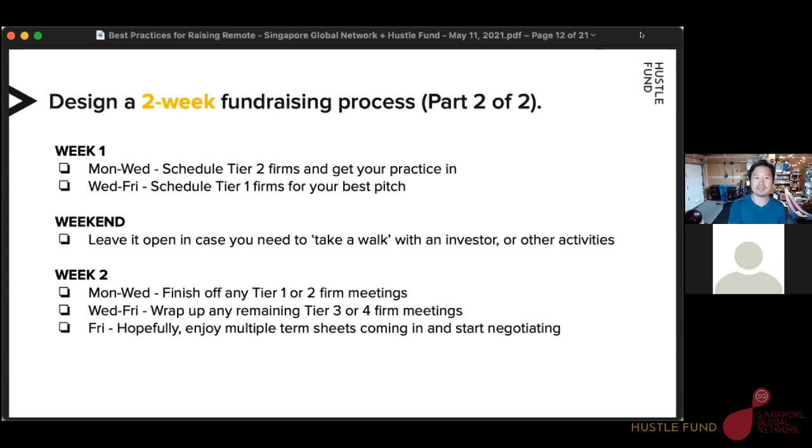Now, there's more process that happens after that. Like you'll probably have to take a couple more meetings and all that stuff, but you want to really tighten those first pitches in that first 2-week period because that maximizes your chance of being able to achieve an auction process. What's an auction process? More than one VC is offering a term sheet or has deep interest, and you are in control of selecting whom you want to work with on what terms. Okay, so that's the goal of this entire 2-week fundraising process.